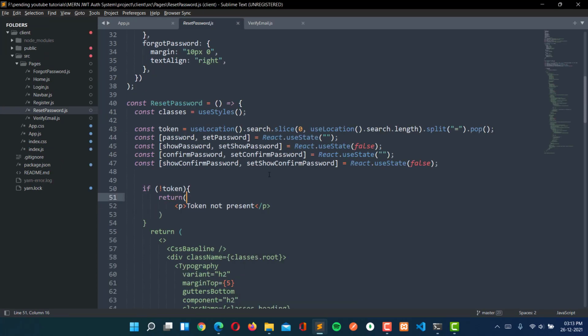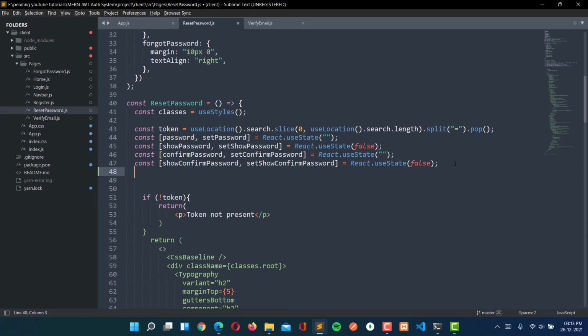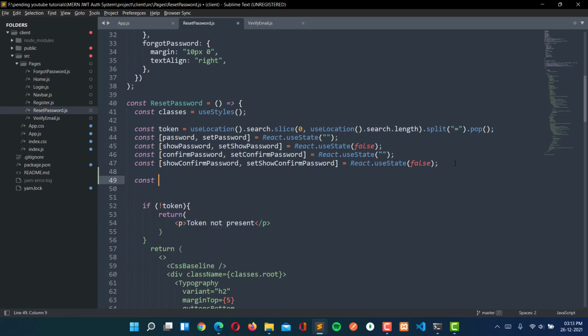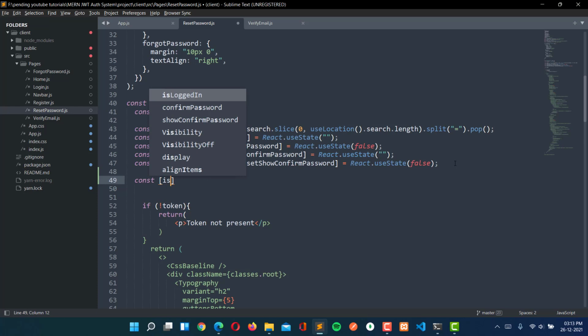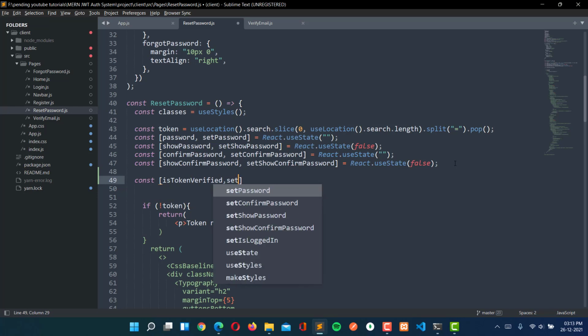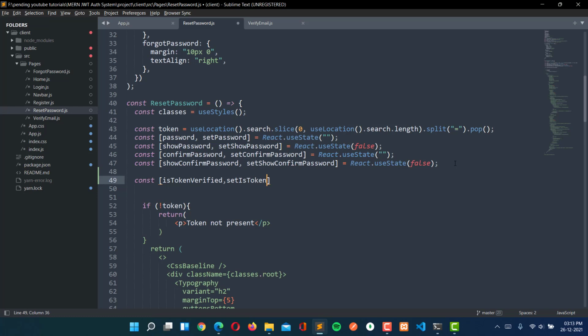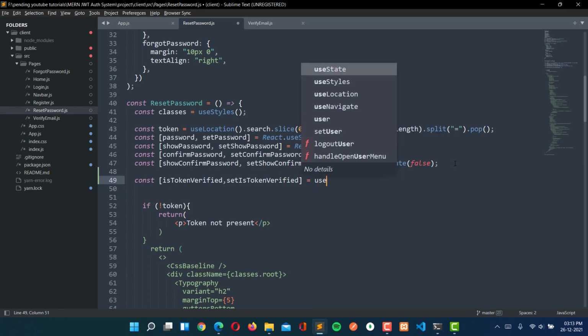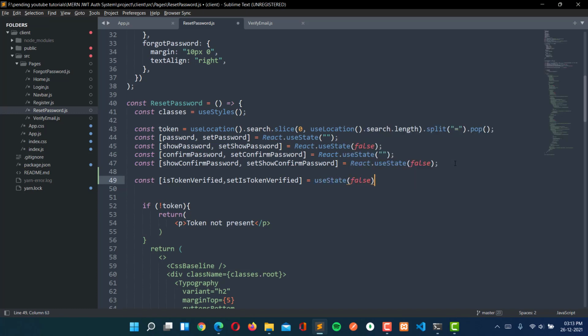So let's move here, and here I'm going to create a new state that is token verified, and then set is token verified, and by default it will be false here.